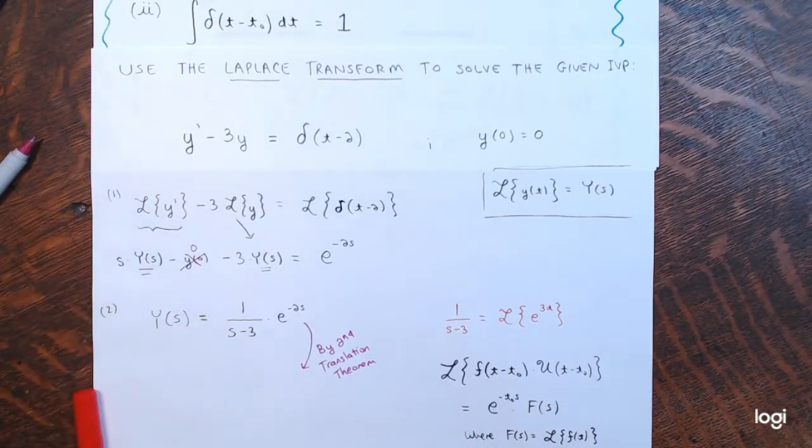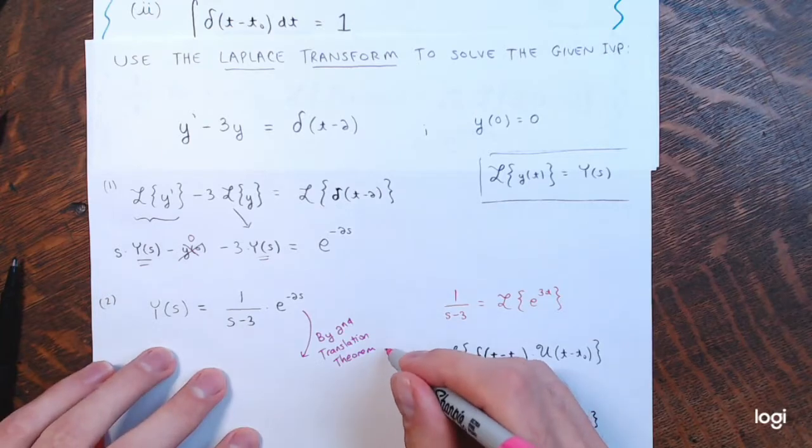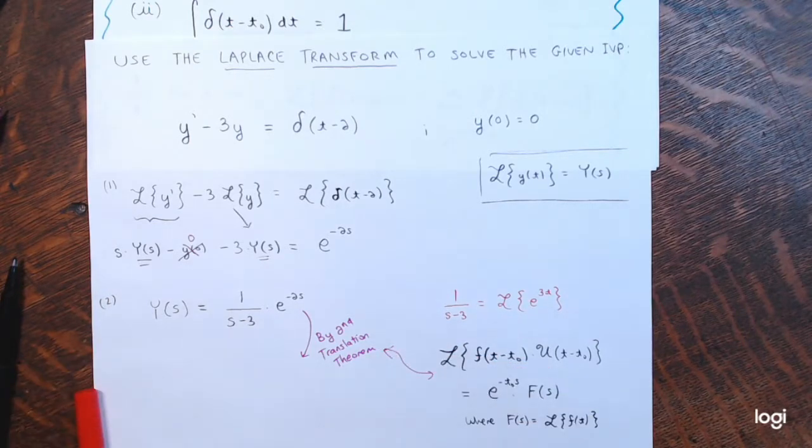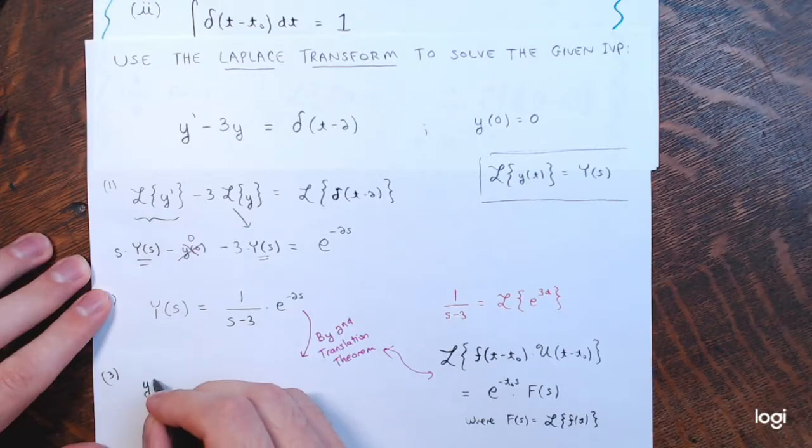All right. So our little f of t here is e to the 3t, and this was the second translation theorem. All right. So what I'm saying is, when we do the inverse Laplace transform, get little y of t,